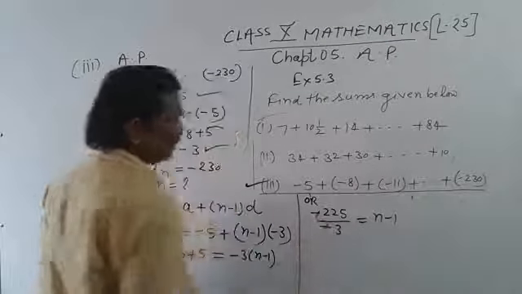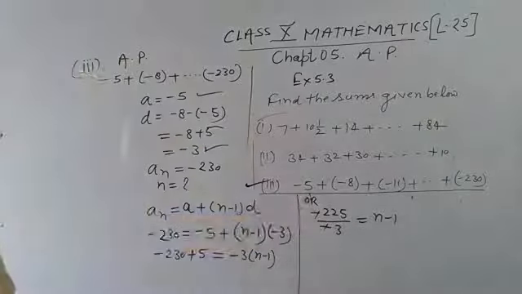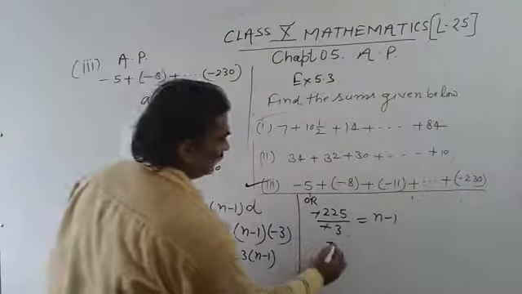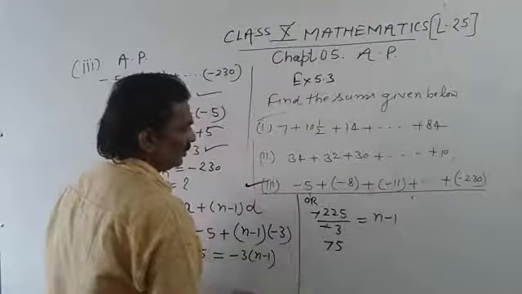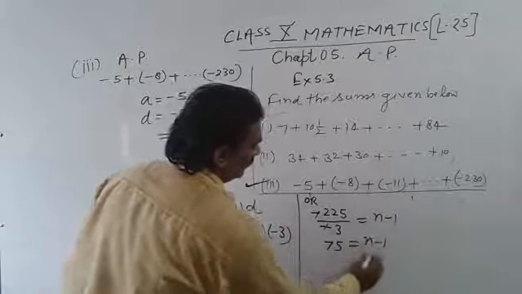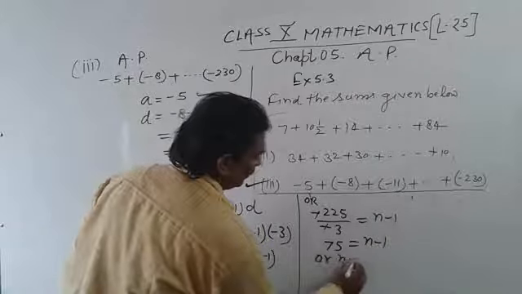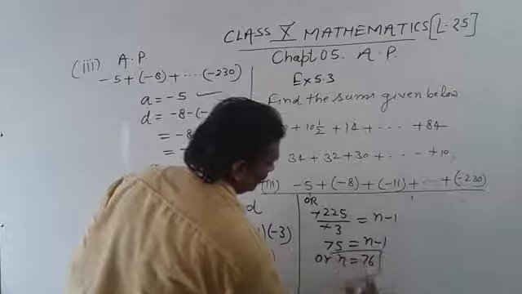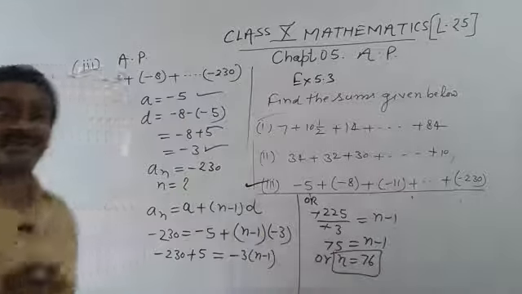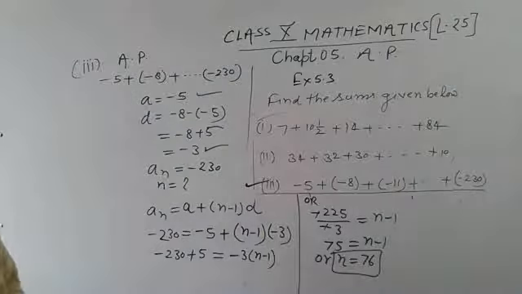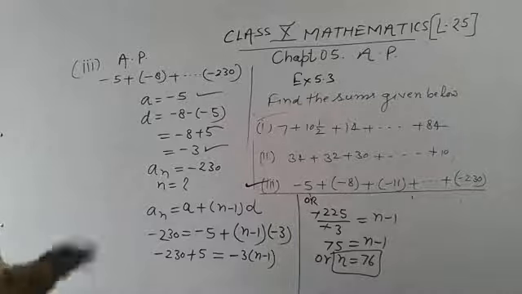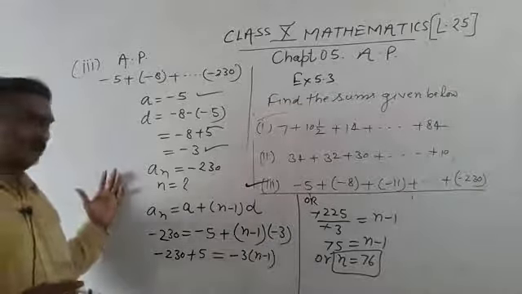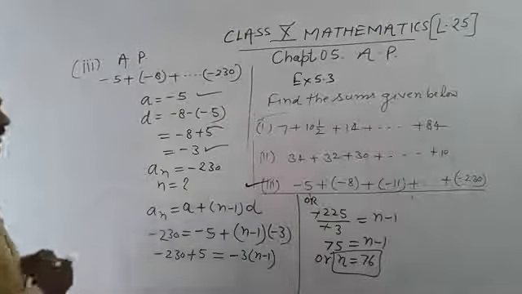Minus 1 cancels out, and if you divide it, 75 is equal to n minus 1, or students n is equal to 76 here. There are 76 terms. Okay students, so solve it and write down,